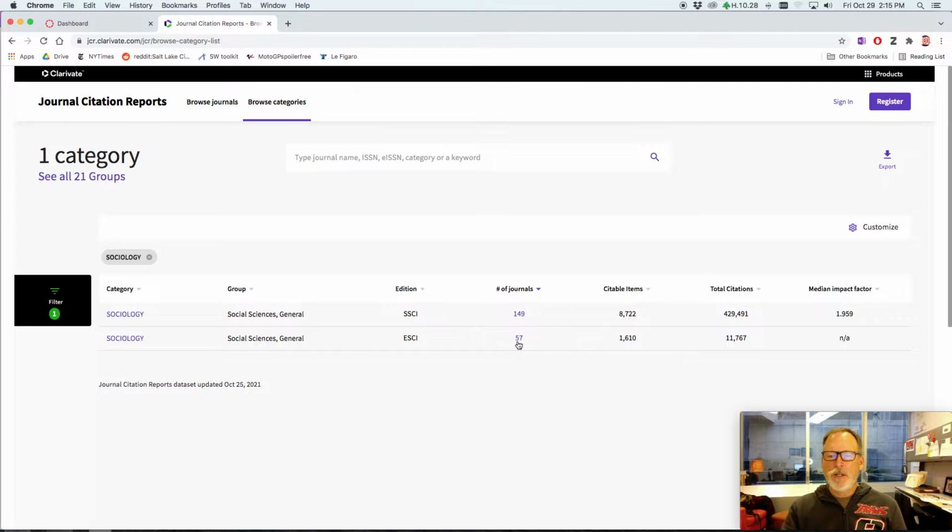What you can do is you can see the number of journals in each. And I can look that up if you want. It wouldn't be hard to look up either. But an interesting one is one of those lists doesn't have a median impact factor. I don't know what's going on. And the journal list is smaller. So if we went to the larger one,